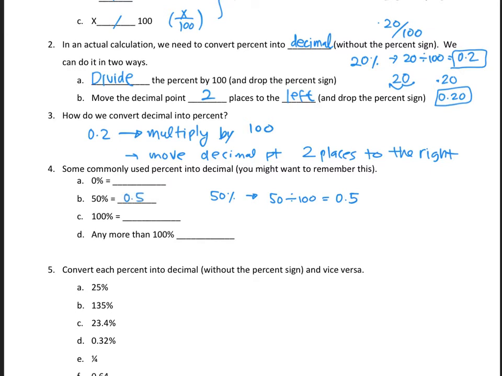If I want to do it the shortcut way, again, 50%. 50 is just a whole number, so the decimal is at the end of the whole number. The decimal is invisible there, but it's actually there. So I'll move it two to the left, 1, 2. So I'll get 0.5, which is basically the same thing as 0.5. So either way, I get the exact same answer. These numbers are pretty convenient to remember, 0%, 50%, 100%. You can try to memorize those as well, but you can always calculate, obviously.